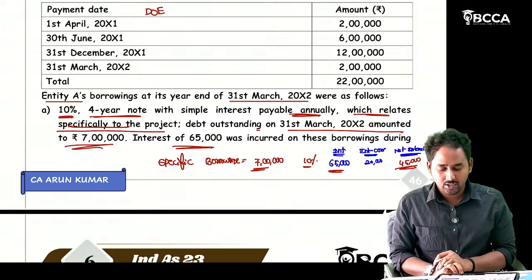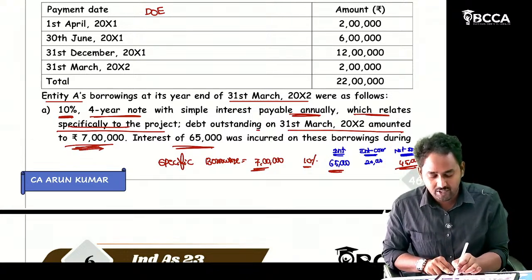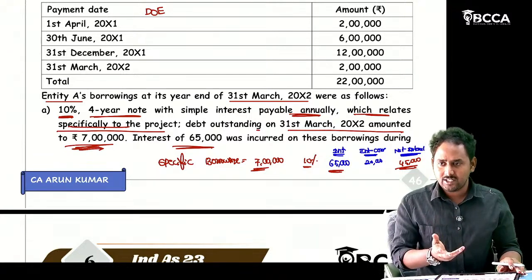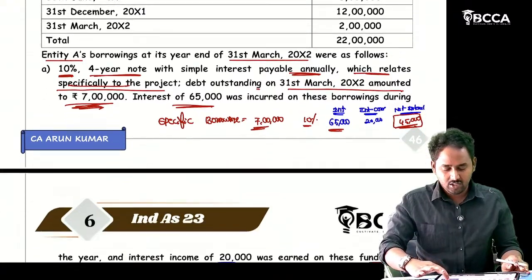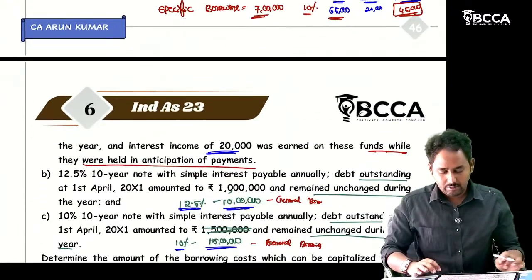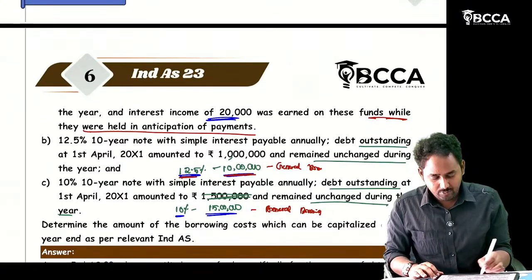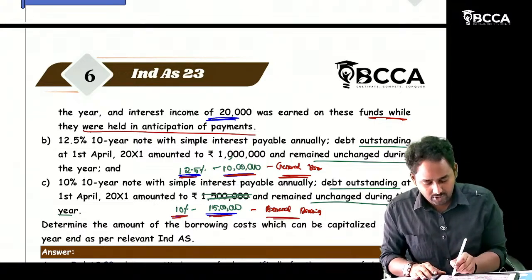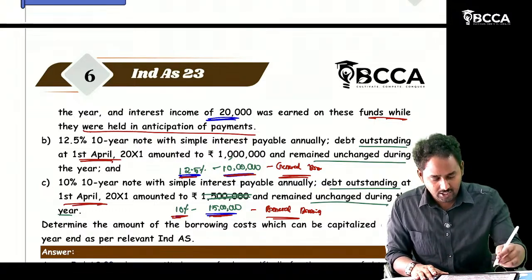If you do that, it means you have calculated the interest for 1 year, but it has not mentioned what is the date of taking of the loan. So I need only interest, right? So just take directly 40,000 as the net interest. And after that, 12.5% of 10 lakh borrowings, which are general borrowings, and 10% of 15 lakh borrowings, which are general borrowings. Both have been outstanding from 1st April to the date of